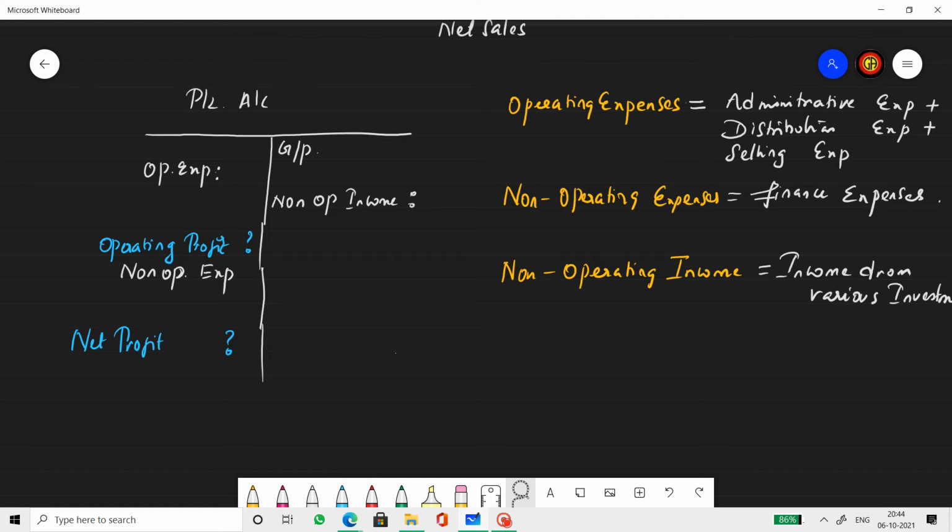Now, this is a proforma of a profit and loss account, a simple format of a profit and loss account, where we usually get gross profit, sometimes it can be gross loss also. So if it is gross profit, it comes on the credit side. If it is a gross loss, it will be shown on the debit side, but mostly it will be gross profit only, because we are finding the profitability ratio, not loss ratio. So mostly it will be gross profit. Gross profit is given to us.